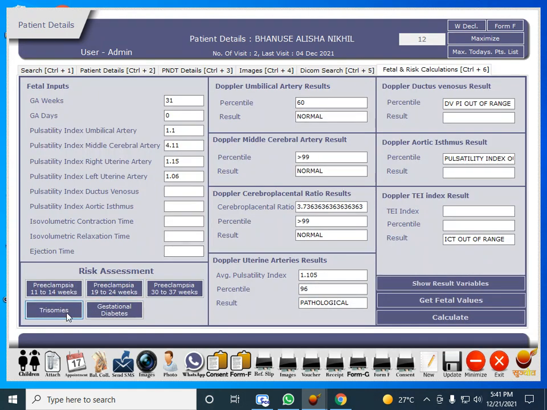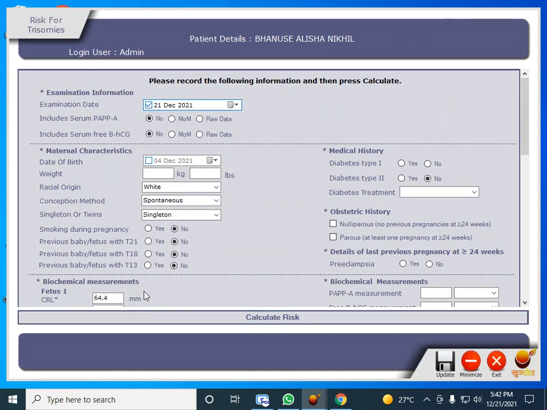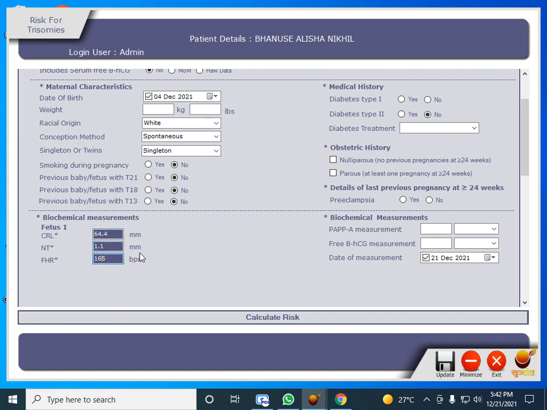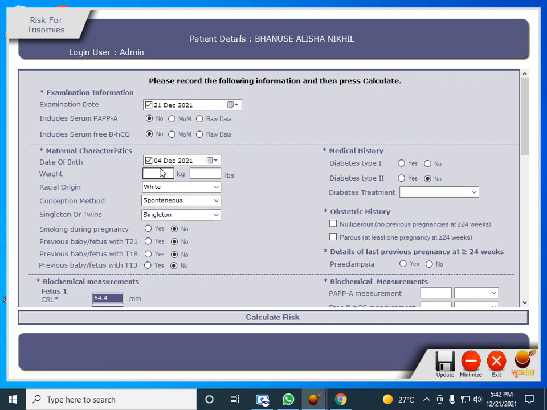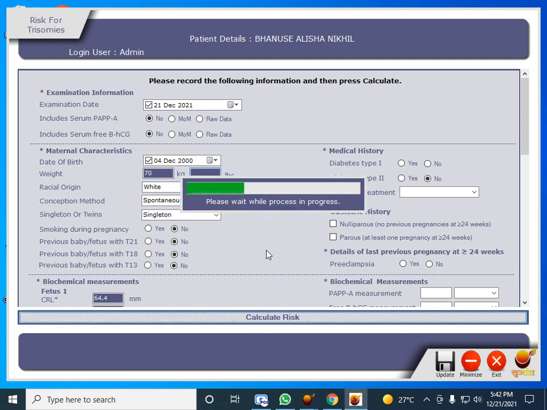Then we go to the trisomies button. We'll get all the CRL, NT, and FHR values here automatically. We don't need to write them down manually. Now we just put the date of birth and weight, and we press the calculate risk button. You will get the result automatically.